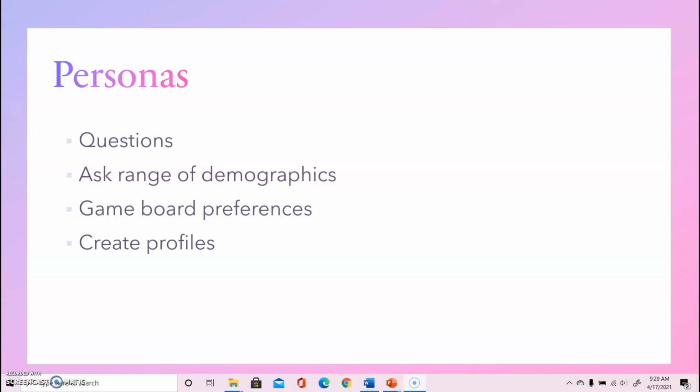And I also had a persona for someone who is very young, like teens or early 20s, who is more focused on getting their career going and doesn't have much time, and they like games that are fast-paced and competitive.